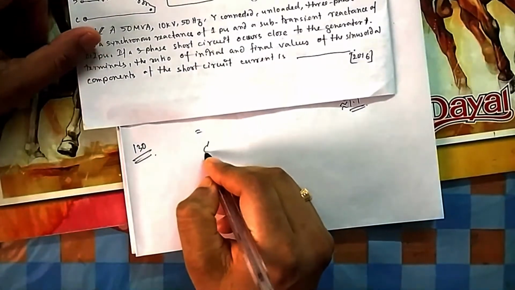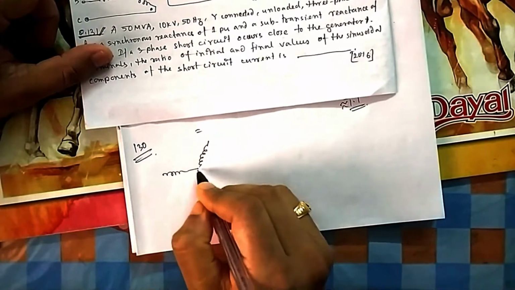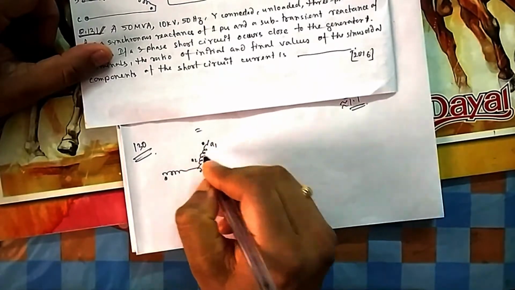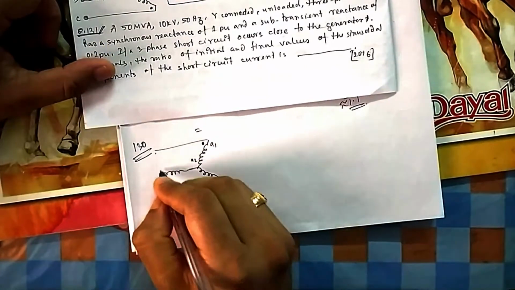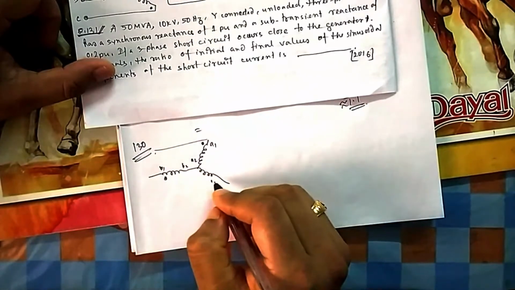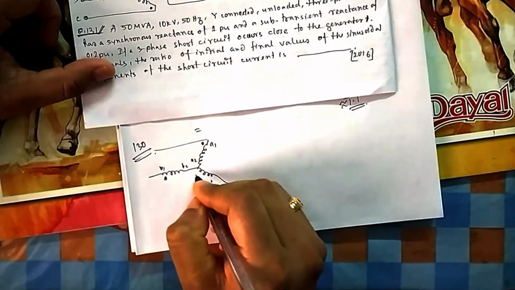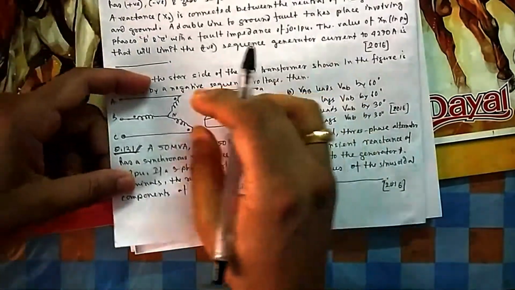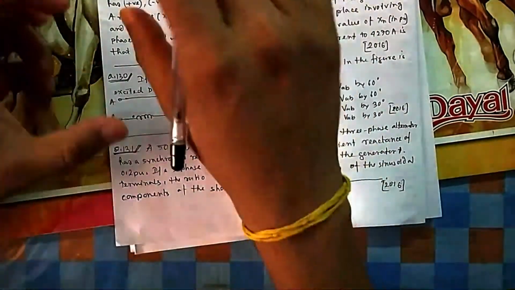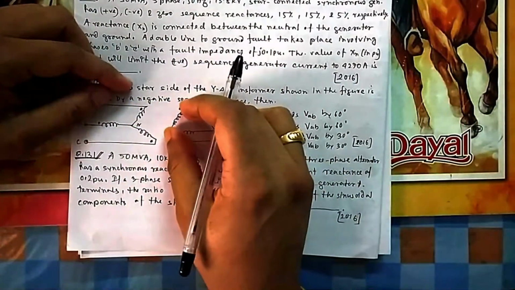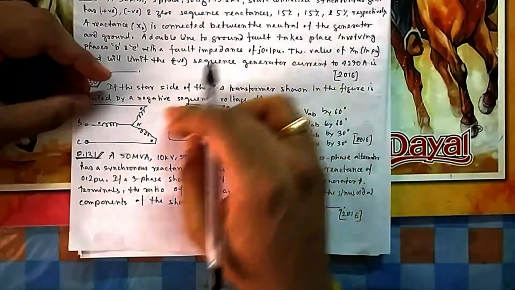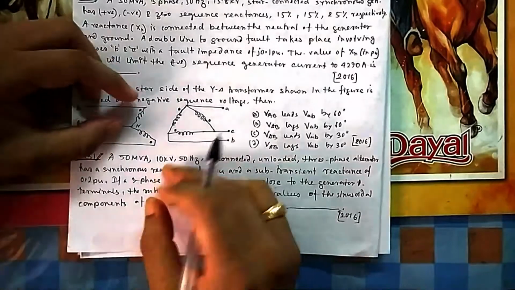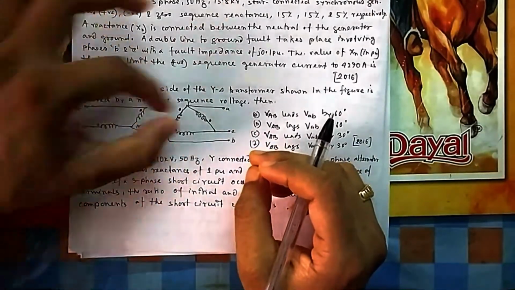Now first let me mark the star side, then you see how we will draw the delta phasors. So this side you mark it. Suppose you write A1 A2 for this coil, B1 B2 for this coil, and C1 C2 for this coil. Suppose capital, because this side they have given capital. How this is connected, you take it as it is, you don't change the orientation of these coils. Using these three coils you have to form a triangle. So don't change the direction, don't rotate it.